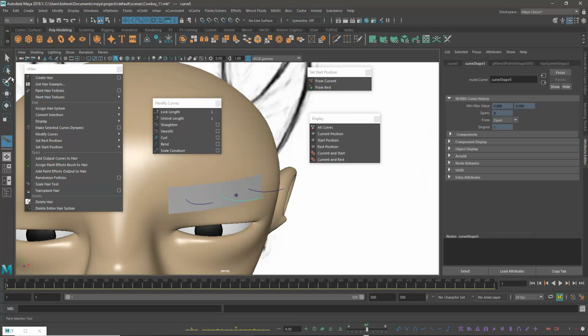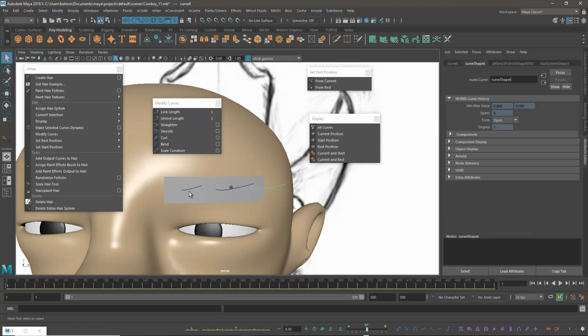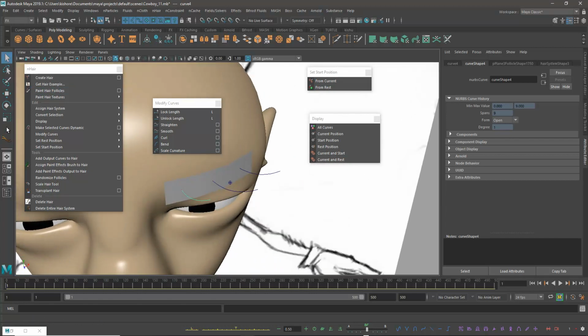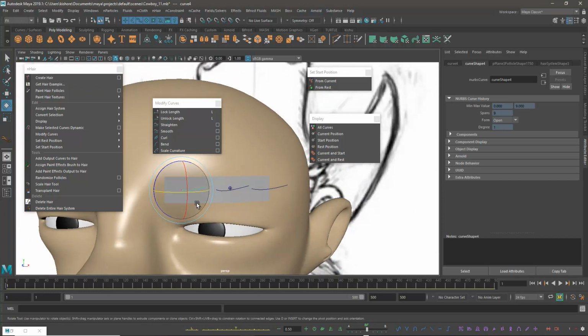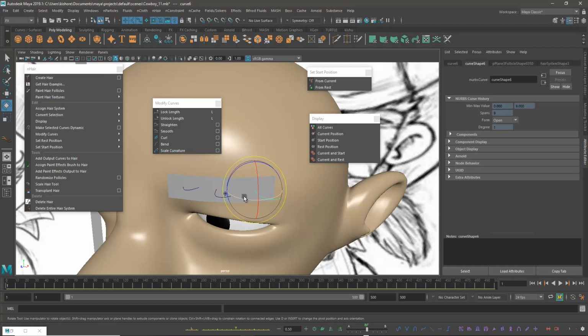Taking this curve, and again the same scale tool, and this one, let it be there like that only, and I just want to bend a little bit this way, this way, and this one also. I don't want to select the surface, I mean the mesh. I just want to select the curve only. Okay, something like this, and this is also kind of like this.